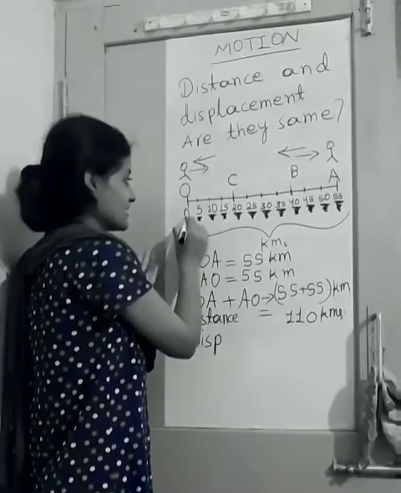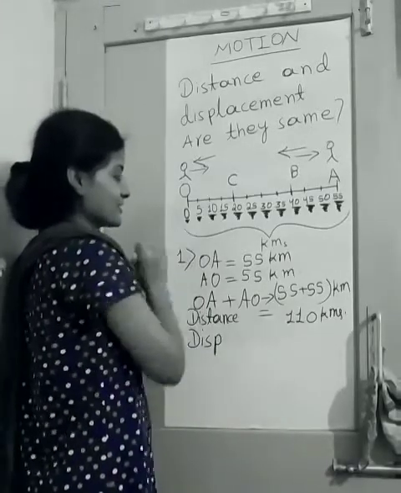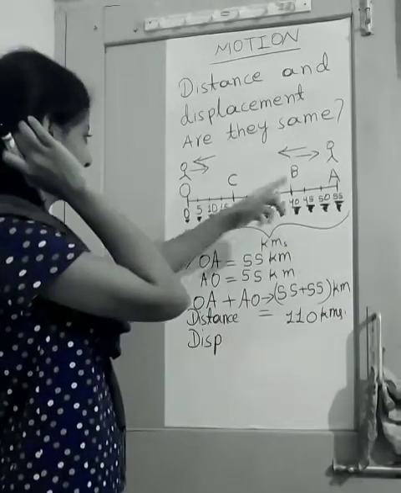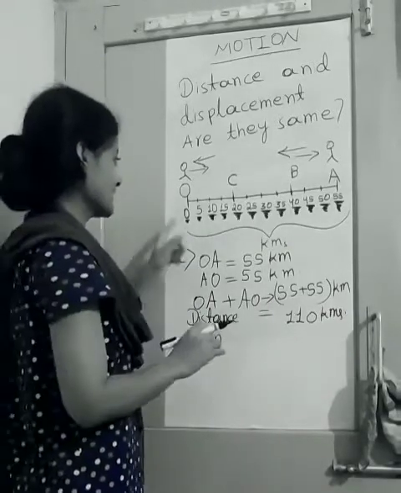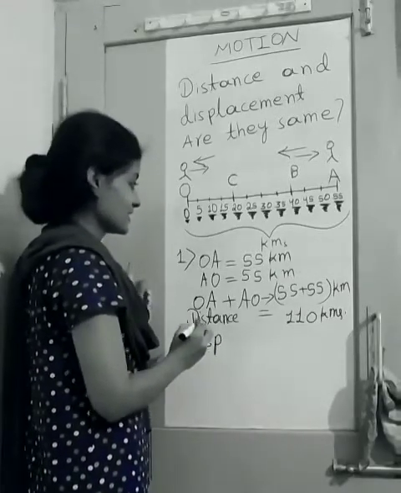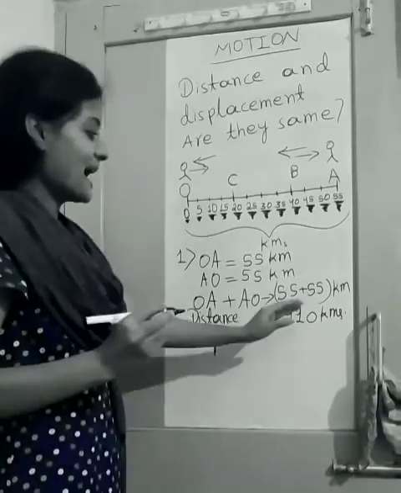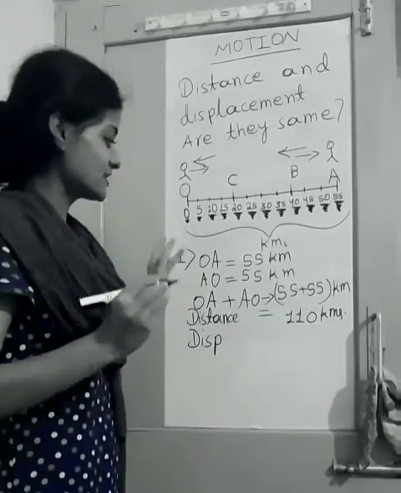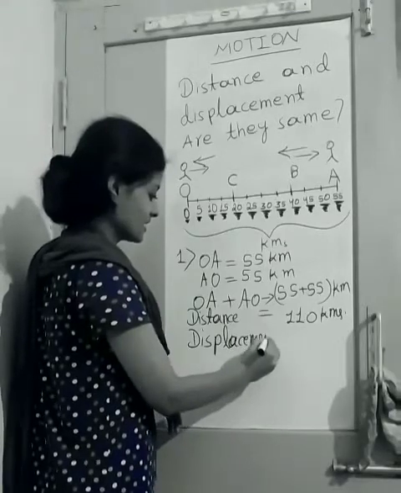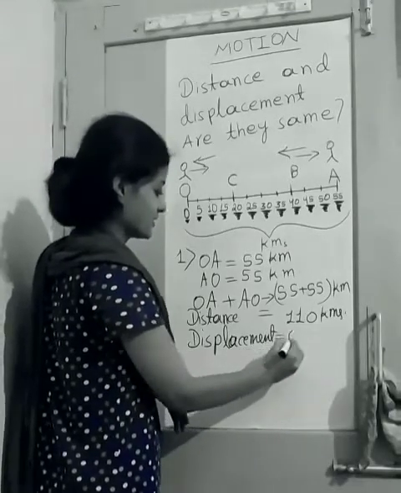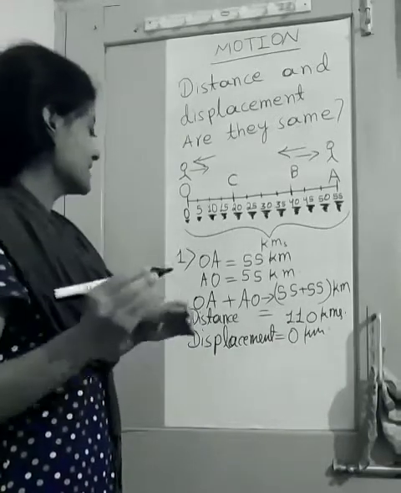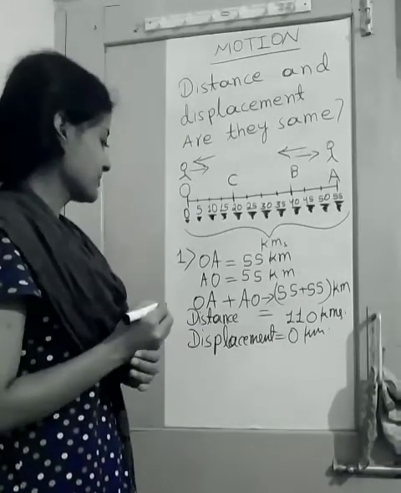Now what is the displacement? The shortest distance covered by the human being from O to A and getting back from A to O is clearly written here, that is 0 kilometers. That means 0 is the displacement and 110 is the distance covered. Clear? For the same case, the displacement here is 0 kilometers. So now you can see the clear difference between distance and displacement. And yes, they are